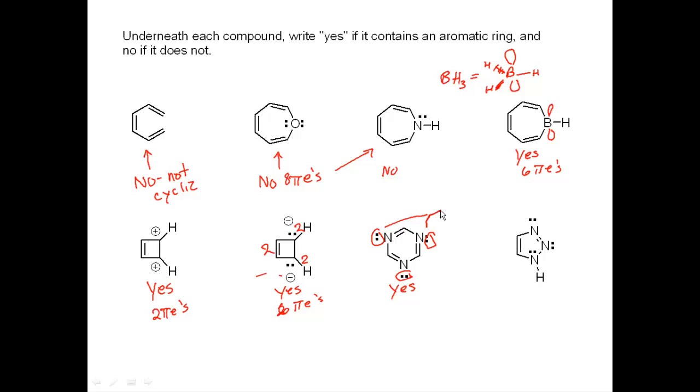Each of these is orthogonal. This nitrogen here is part of a double bond, but actually both of these nitrogens are part of a double bond. So these lone pairs here are thus also orthogonal. Only this lone pair counts. So this is yes, and this contains 6 pi